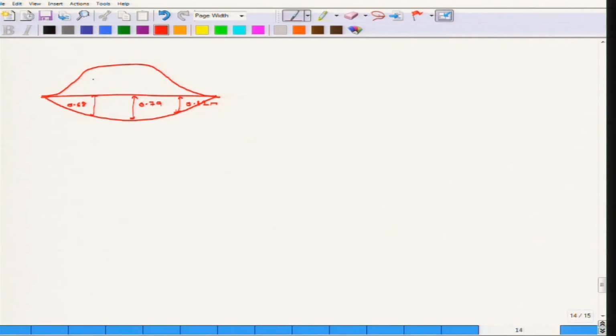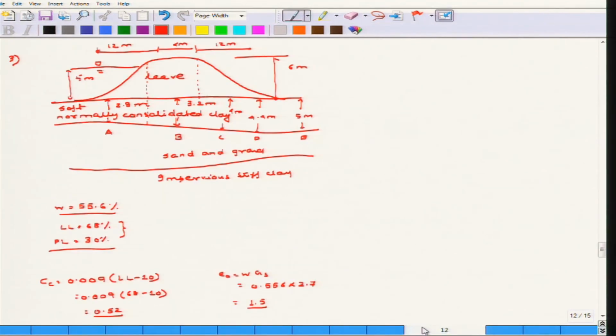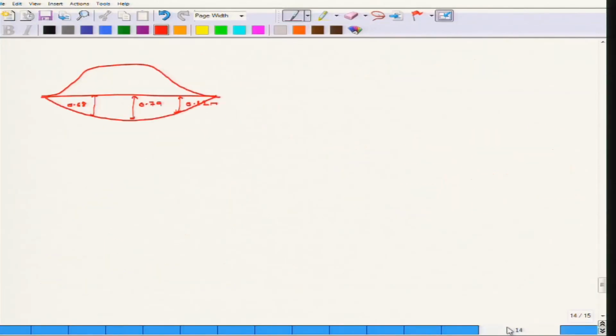In this case the non-uniform structure is the levee, and you can see that this is the settlement profile. So, let us move back to the problem: there was a soft normally consolidated clay and an extensive soil investigation was carried out, but data were not available. So, we just considered only the water content, the liquid limit and plastic limit that can easily be obtained from the field. In this case we found out the value of Cc and the value of e naught,